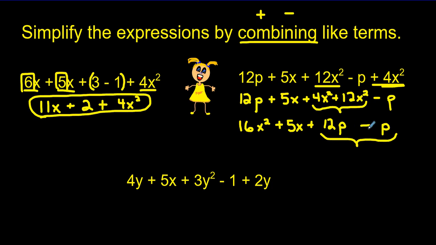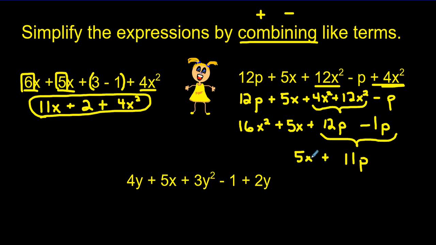Now, if you were thinking 12p minus p is equal to 12, that is incorrect because you'd be going from a variable term to a constant. When we combine these, we have to realize that a term without a coefficient actually has a coefficient of 1. So where we see minus p, this actually means minus 1p. And 12p minus 1p is equal to 11p. My other terms just come down, and